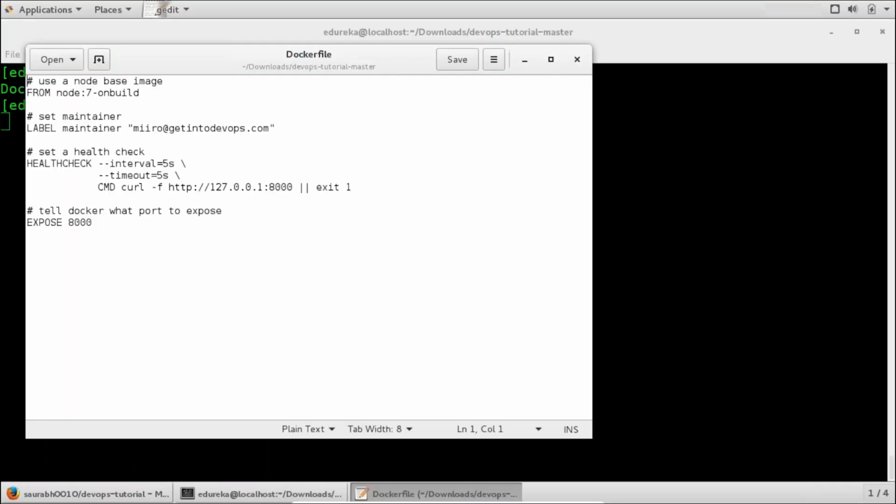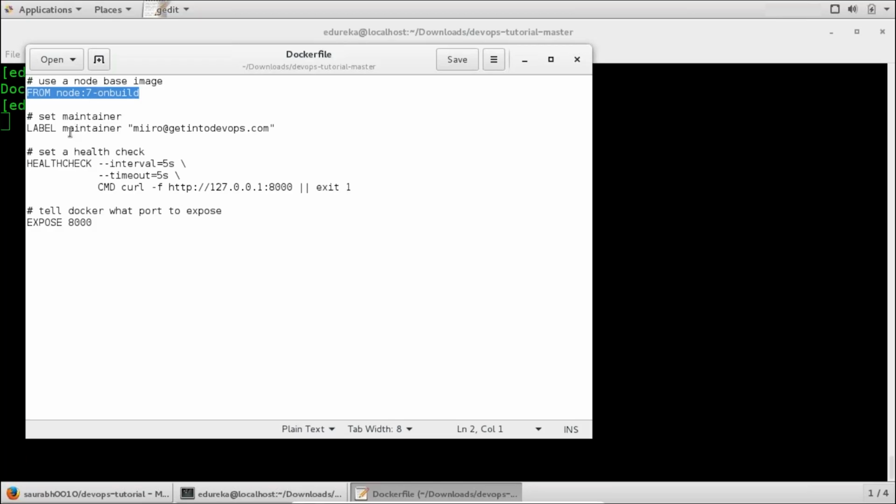Before this, let me tell you that Docker images are often based on other images. For this example, we are basing our image on the official Node Docker image. This line that you're seeing is to base our application on the official Node Docker image. This makes our job easy and our Dockerfile very short, guys. The hectic task of installing Node and its dependencies in the image is already done in our base image, so we just need to include our application.